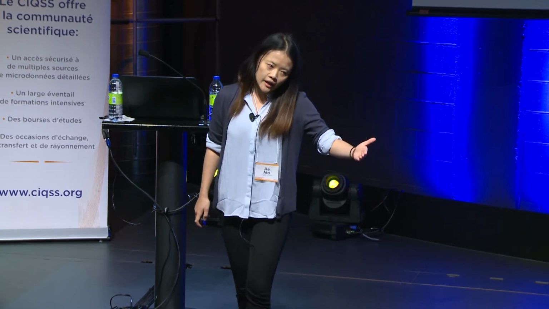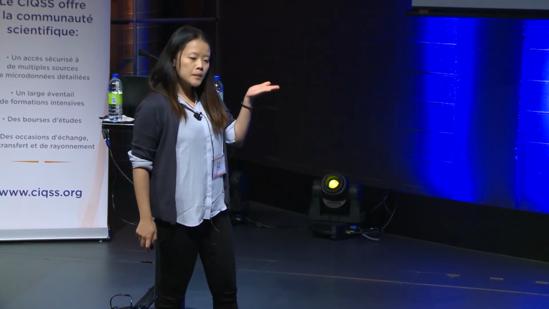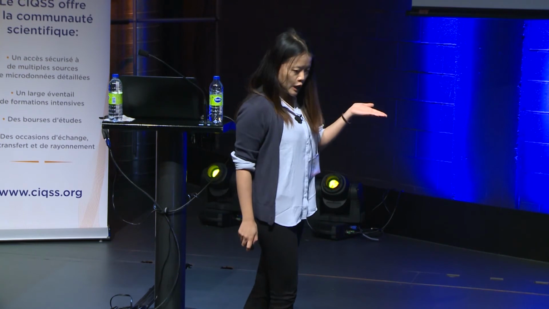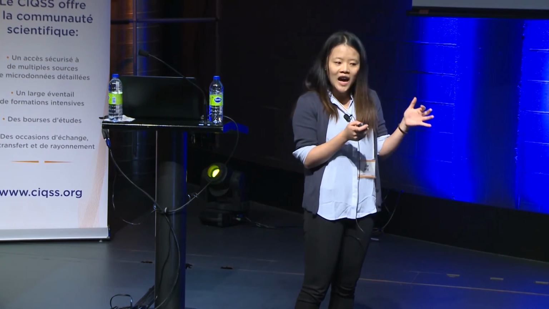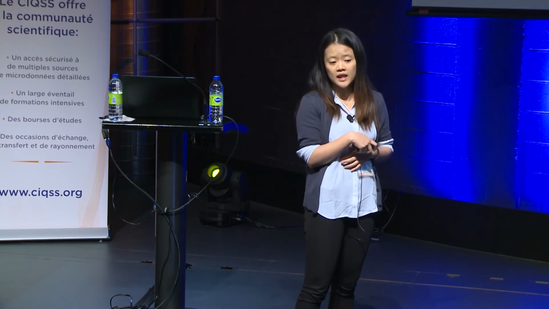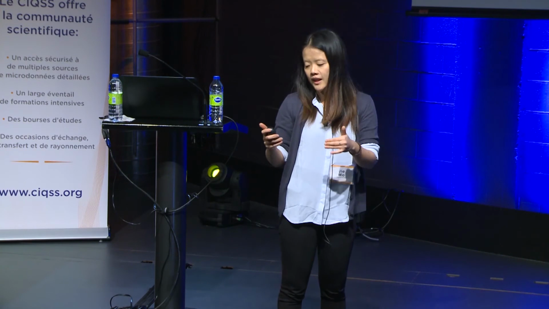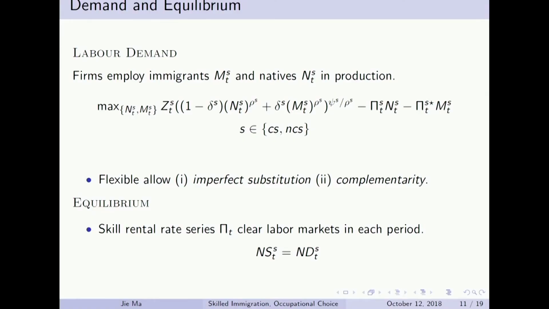And for the labor supply, of course, there is a second type of labor, which is the immigrant labor, labor supply by immigrants. So what I will do is, I simplify this side a lot. I take the immigrant labor supply directly from the data. So I back it out from the data. So let me spend some time to talk about the labor demand side, which is the side I relax the most